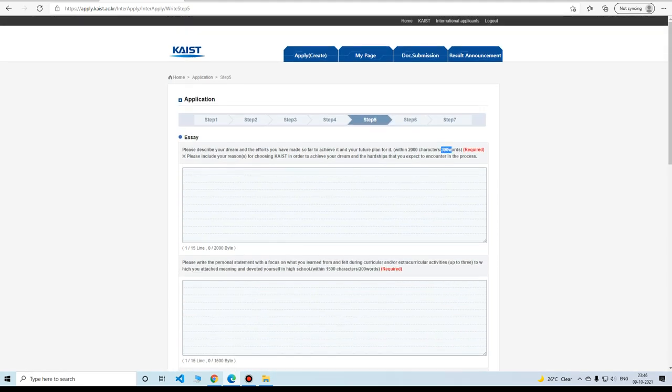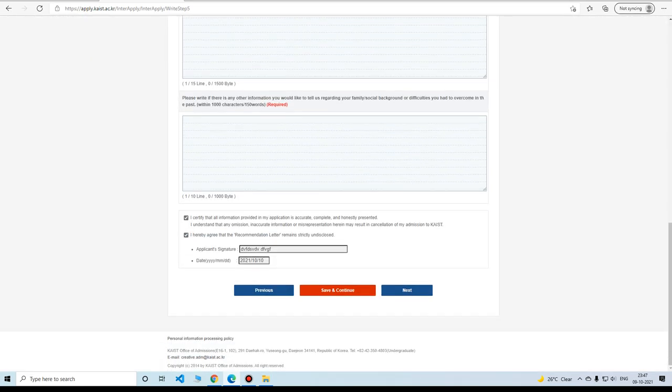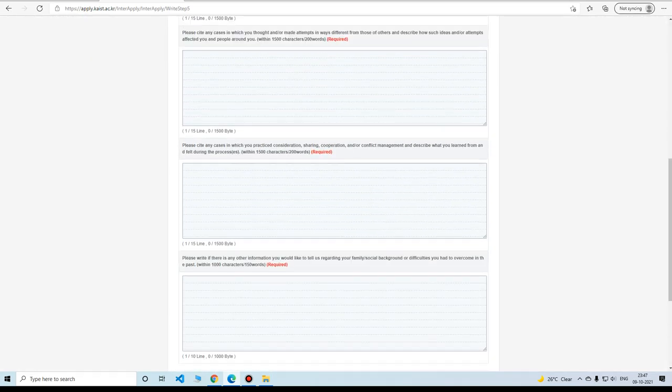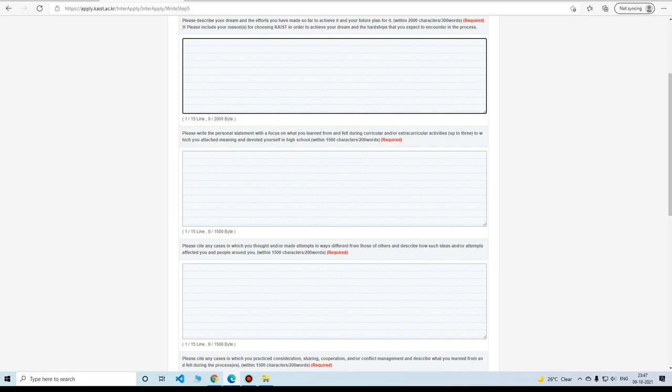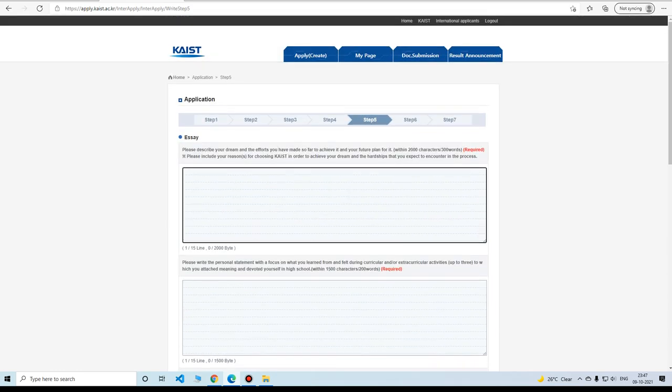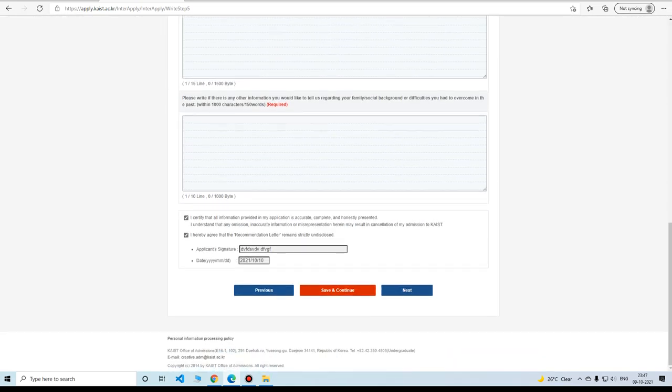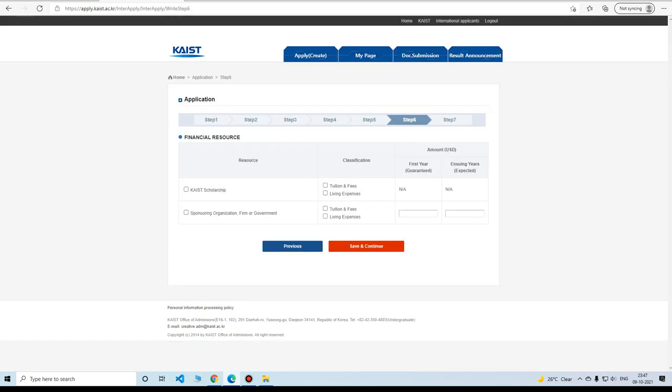Make sure to check the word limit. And one suggestion I always give, which I also said in the US application series: do not write it here. First make a Word document and start writing in that. That way you can write freely, you don't have that pressure, and when you are done, copy the text from the Word document and paste it here. That works better. Just some personal advice. So now moving on to the next.